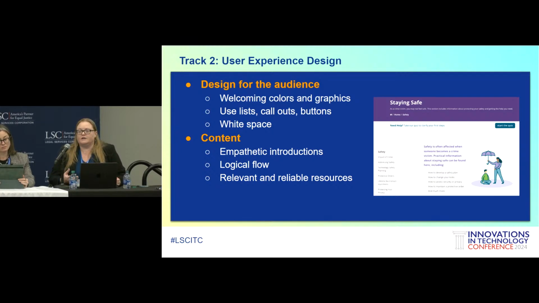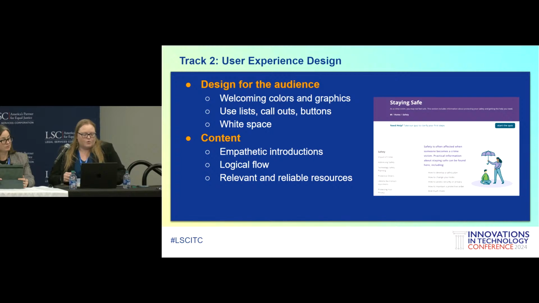So one of the things we did is we hired a wonderful graphic designer who worked with us to develop the color palettes, and she developed an incredible graphic library, because I'm sure most of you know, you go to stock photos or you try to go online for legal imagery, and a lot of it just doesn't fit with your need all the time, and especially with a site like this.